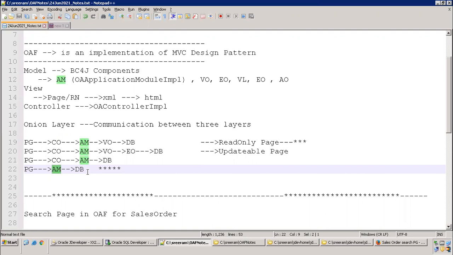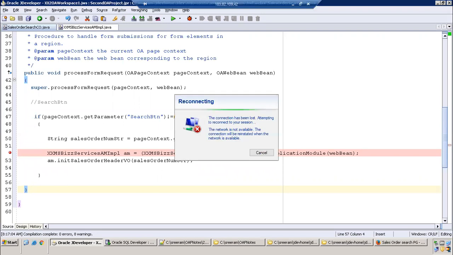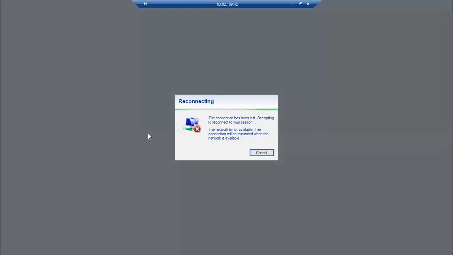Now I need to get that particular instance so that I can get the VO object details. So what are we doing? We are getting the current AM instance of my page, then getting the VO details of that particular AM, and then performing the remaining functionality.